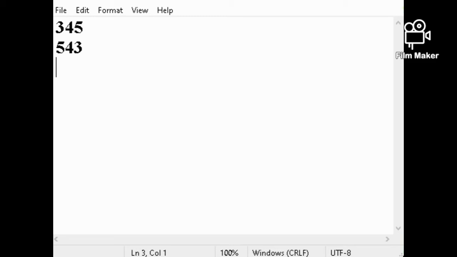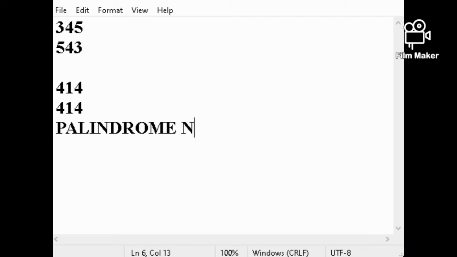If I take 414, then the reverse number is the same, 414, so it is a palindrome number. It is the concept of palindrome number.